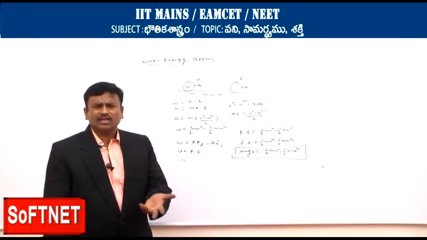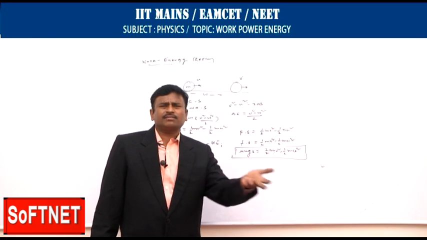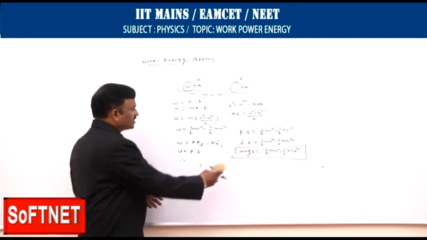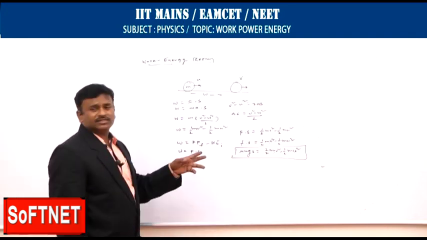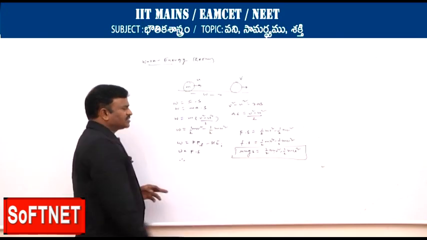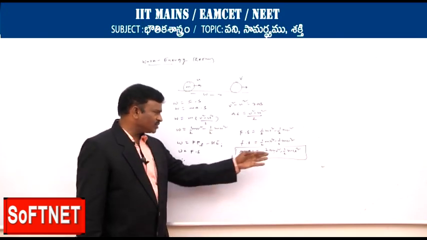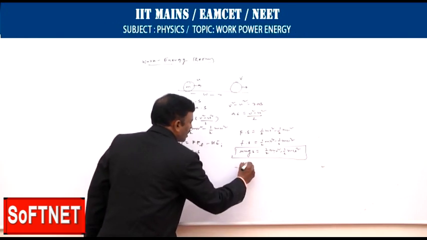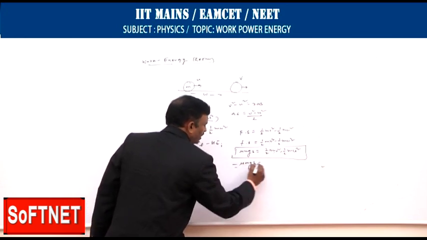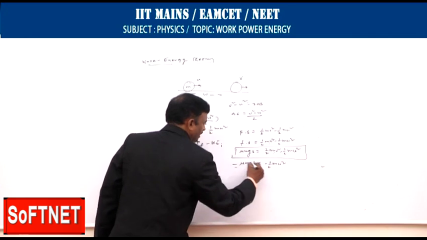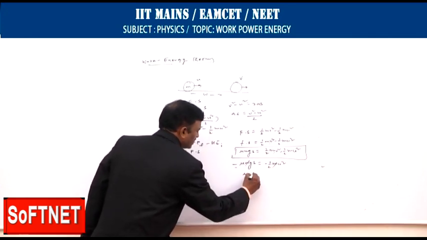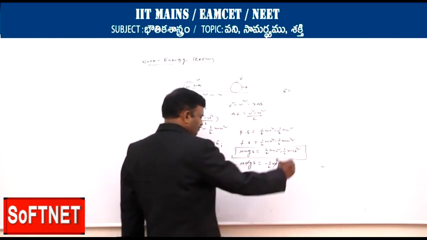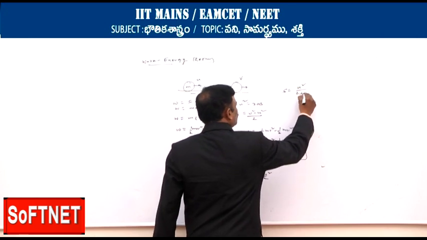An example is kicking a football. As the football is moving, after some time it comes to rest. That work is done by what? By the friction only, by the ground itself. In such cases we can take mu mgs is equal to half mv square minus half mu square. As it finally comes to rest, half mv square will become 0, so minus mu mgs is equal to minus half mu square. There mu mg is very important. The halves get cancelled, so mu gs is equal to u square by 2. Then s is equal to u square by 2 mu g.